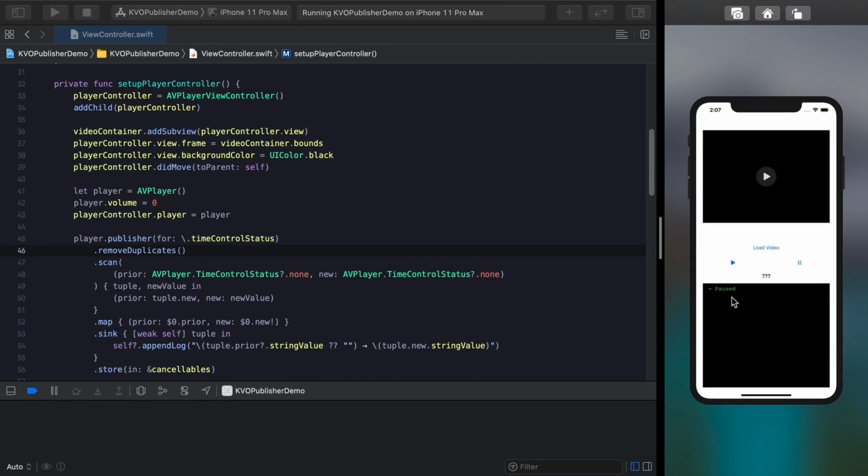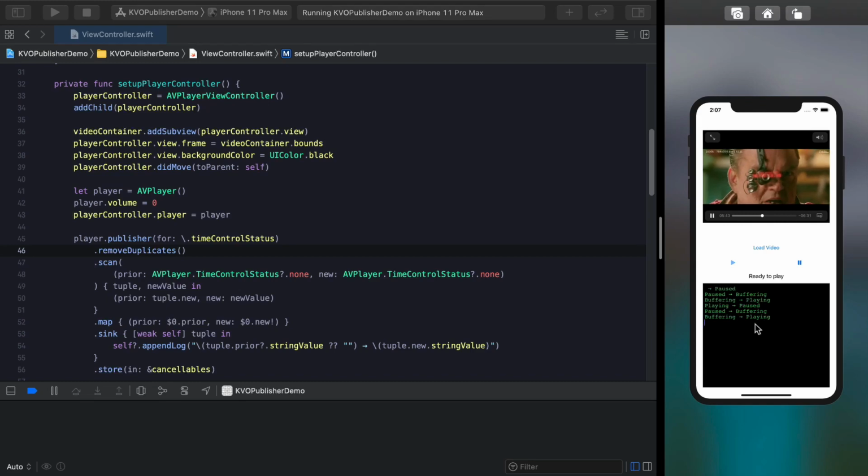So we click load video and you can see that it successfully skipped over that event. Now we click play and it goes from paused to buffering and from buffering to playing. And I find this kind of enlightening because you can view the history of how these properties are interacting. If I decide to seek ahead in this file, you can see that it pauses and then buffers, etc. And so this is a way we can influence our UI, gain some understanding about how this is working. And we can decide to show a buffering indicator or a loading indicator or something like that